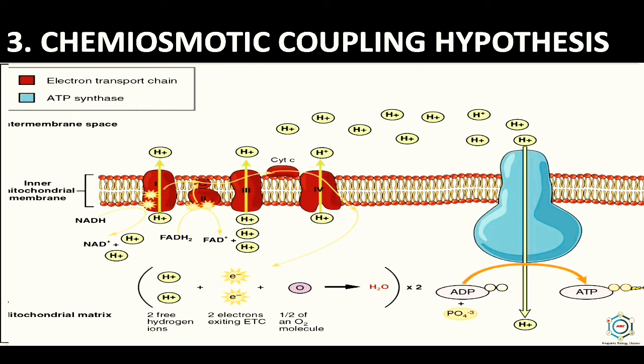The return flow of protons down their electrochemical gradient through the enzymatic complex is responsible for the activation of ATPase, which drives the synthesis of ATP from ADP and phosphate. There is evidence which supports that the inward flow of 2 hydrogens through ATPase results in the synthesis of 1 molecule of ATP. The ATP is formed at or in the headpiece of the ATPase complex within the matrix of mitochondria and then transported to the cytosol in exchange for incoming ADP. However, the detailed mechanism of ATP synthesis is not very well known.